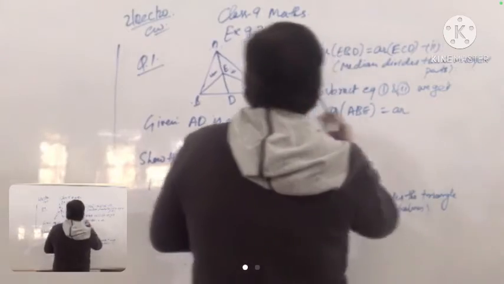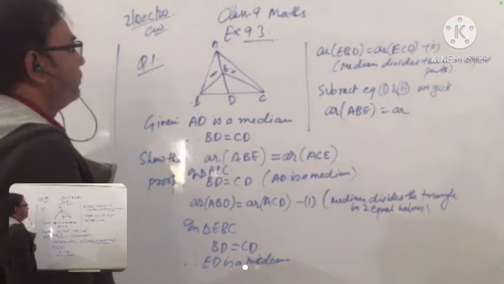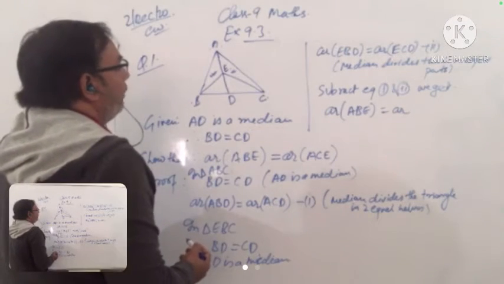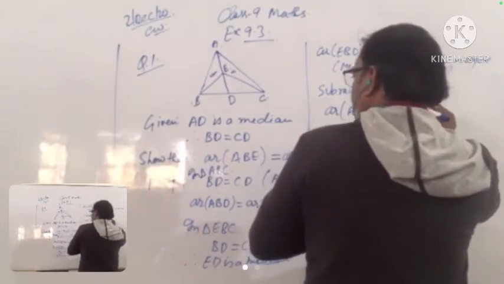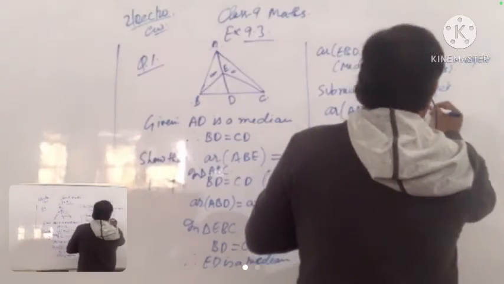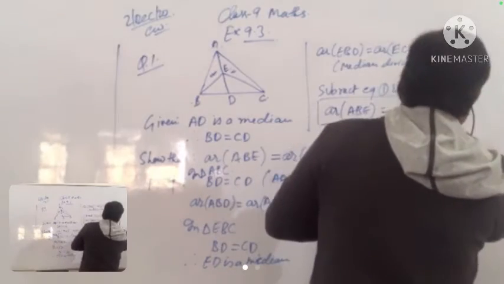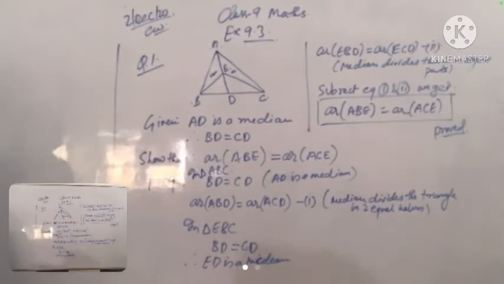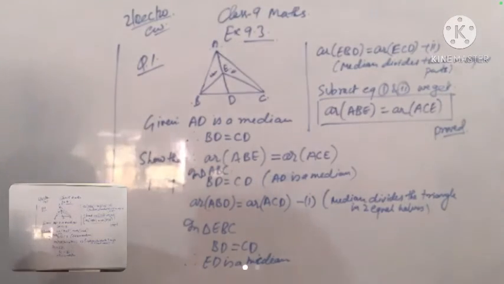And the same for the second side. Second side, tell me the second side also. We get area of ACE. Whatever. हमारे पास क्वेश्चन में जो लिखा हुआ है वो हम लिख सकते हैं और अपना भी लिख सकते हैं ACE. सो हमें यही प्रूव करना था. Yes, clear? Copied?